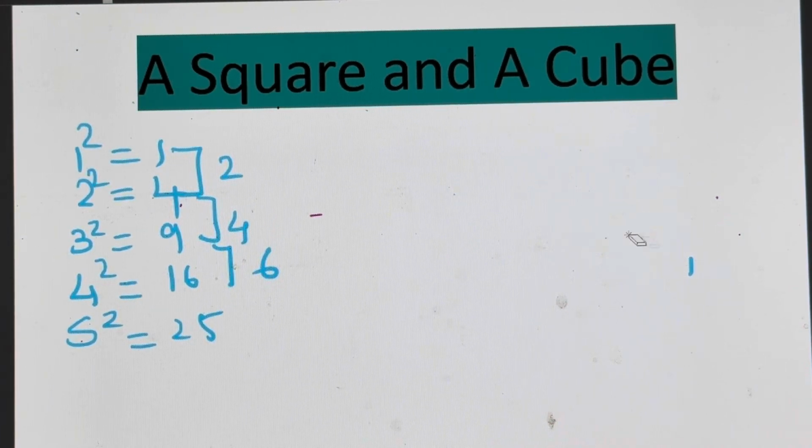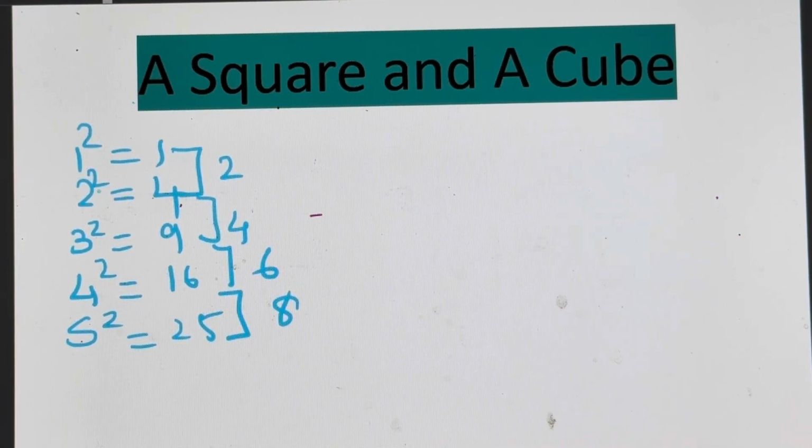Then after 16, between 16 and 25 if we count, we have 17, 18, 19, 20, 21, 22, 23, 24. There are 8 numbers lying between two square numbers. Right? So there is no need to count how many numbers lie between two square numbers. There is a formula for that. If you observe the pattern over here, if you see